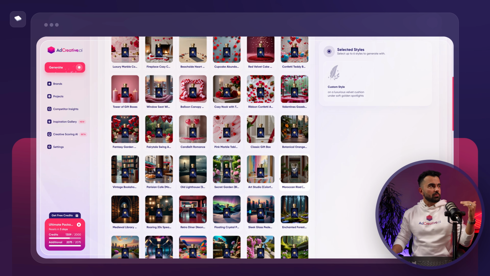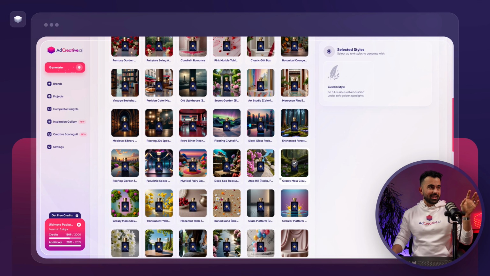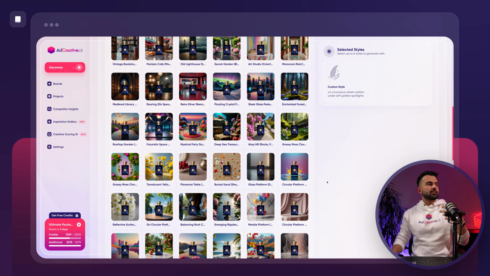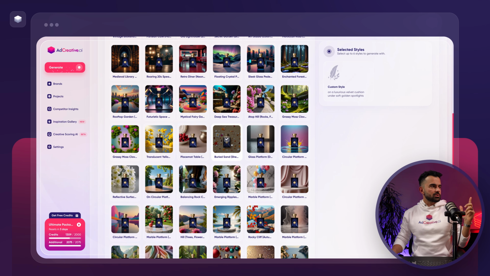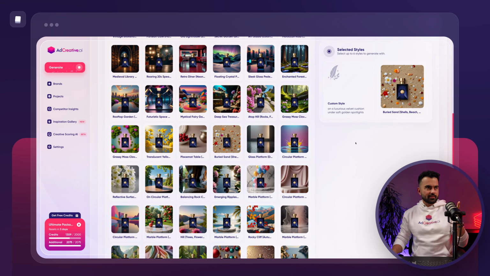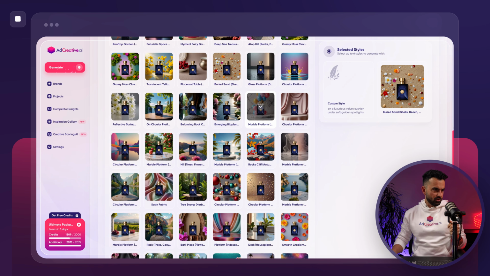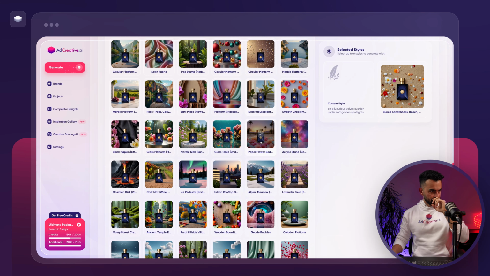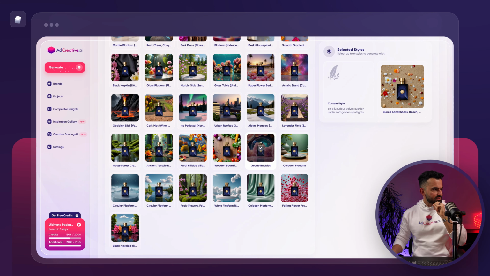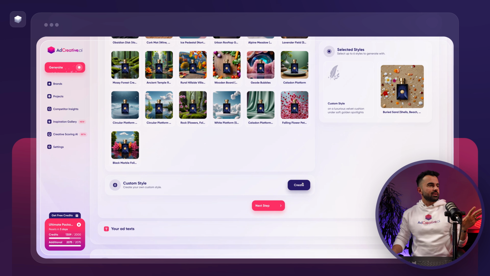You're going to see that there are so many presets. It doesn't mean that it's going to be the exact background. This is more of telling the AI what kind of images you're expecting. So let's select one of them like this. I think a flat surface like that is going to be good with this product. Let's see if there's anything else. Why not? This may work, but what I want to do is show a custom style,